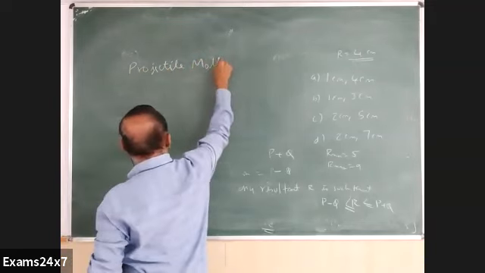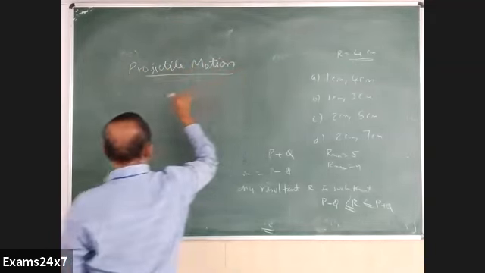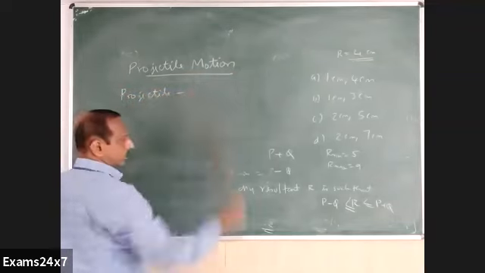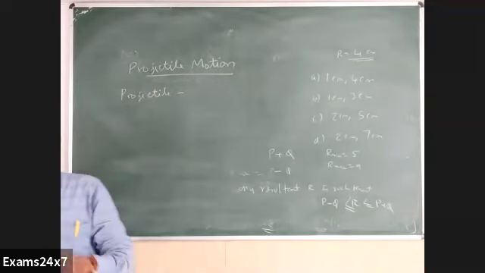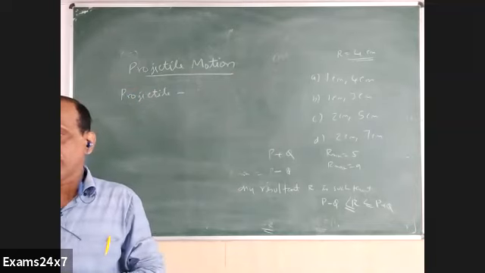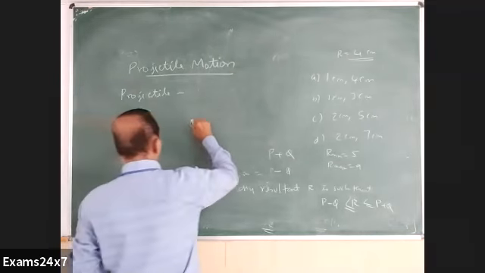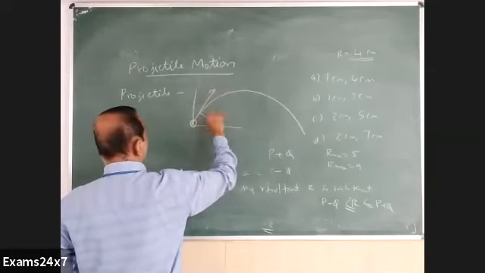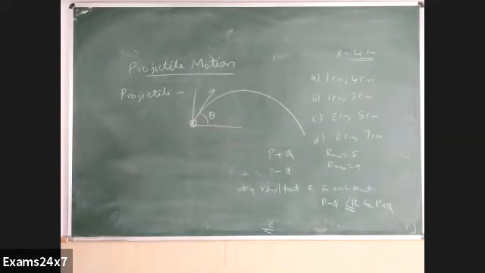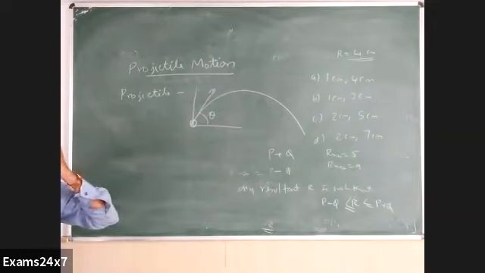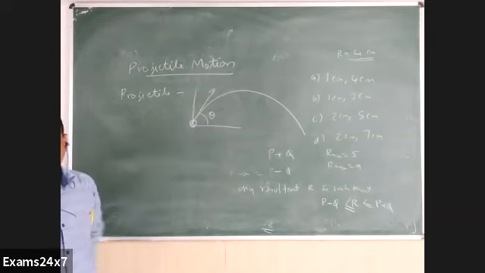Projectile motion. What is a projectile? A projectile is nothing but a body thrown into space like this. If you throw at some angle, it will not go straight. How is the track of the body thrown? If you throw a body up like this, how will it go? It will travel along a curved path. A parabola is formed by the movement of this body. It is called the trajectory. The trajectory is this path of the body thrown, and the trajectory is always a parabola.